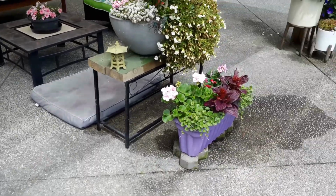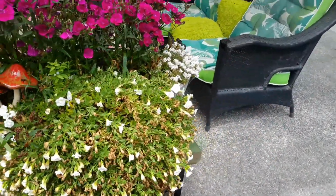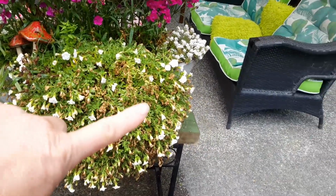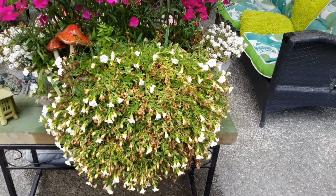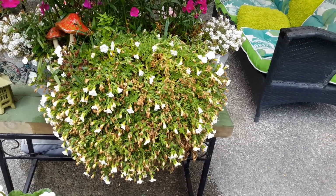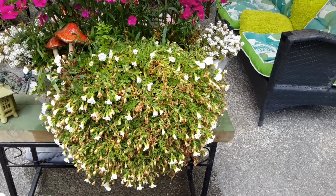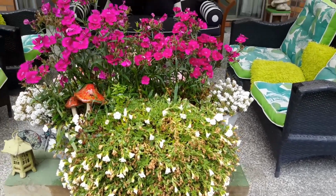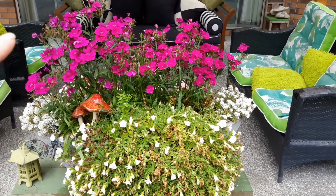So moving along to this display here. Now this one was doing well, but recently it's all gone sad. I've just rinsed it off now. All this is looking really sad because we've had a lot of drizzly rain, and unfortunately this is what the rain does to the plants. So this pot does now need taking out and having a bit of a tidy up, so I need to cut back the